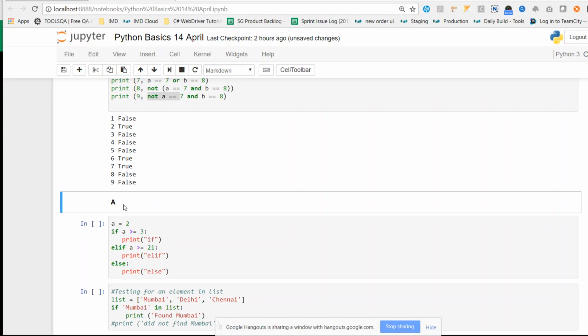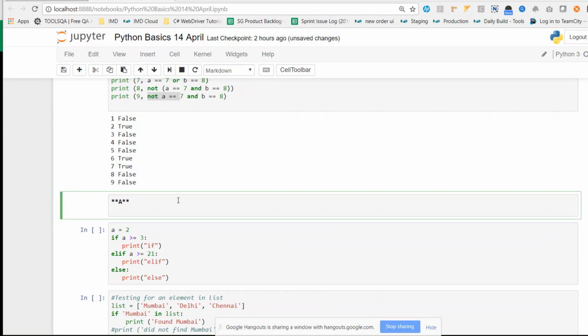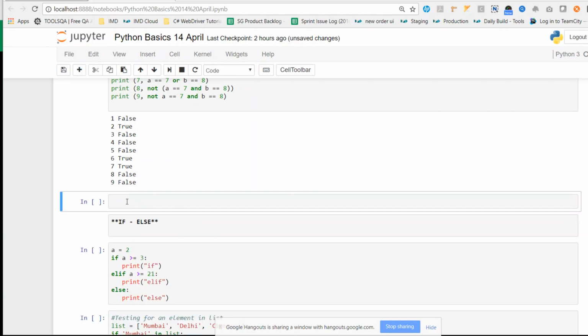Go to the conditional statements, if and else. Start with if else. Conditional statements.